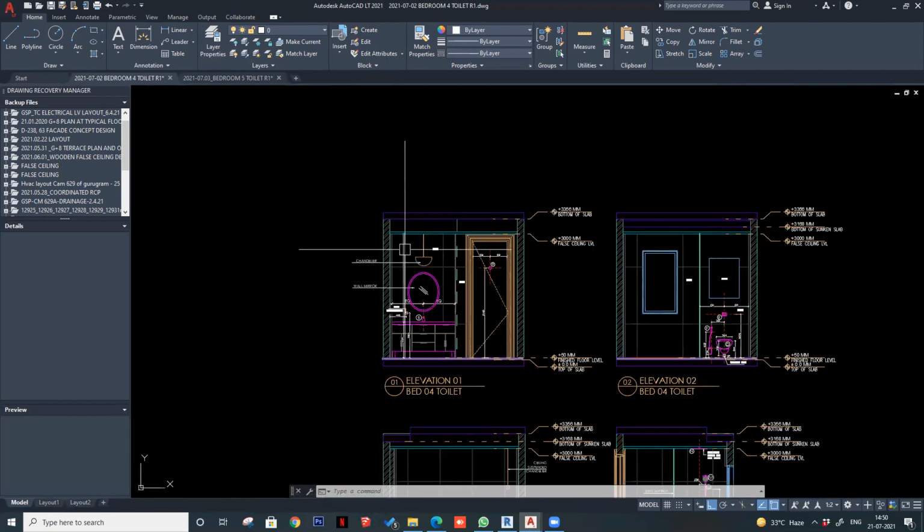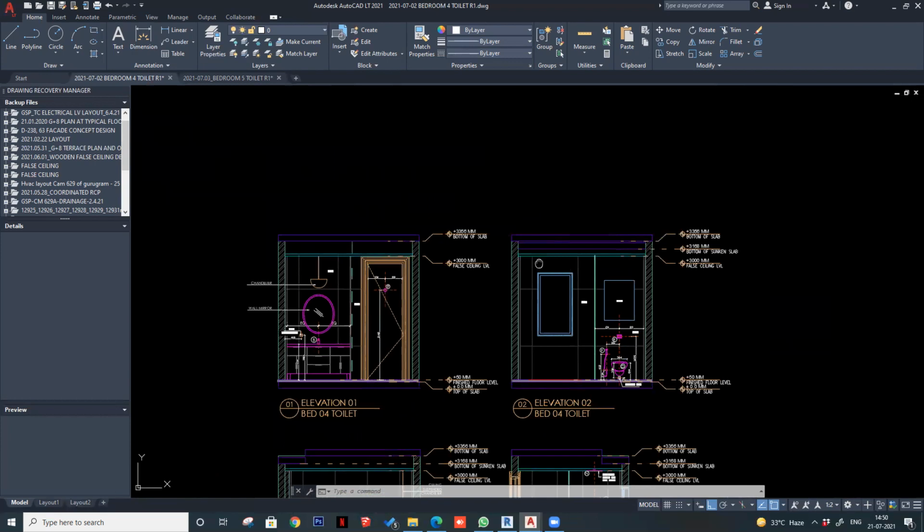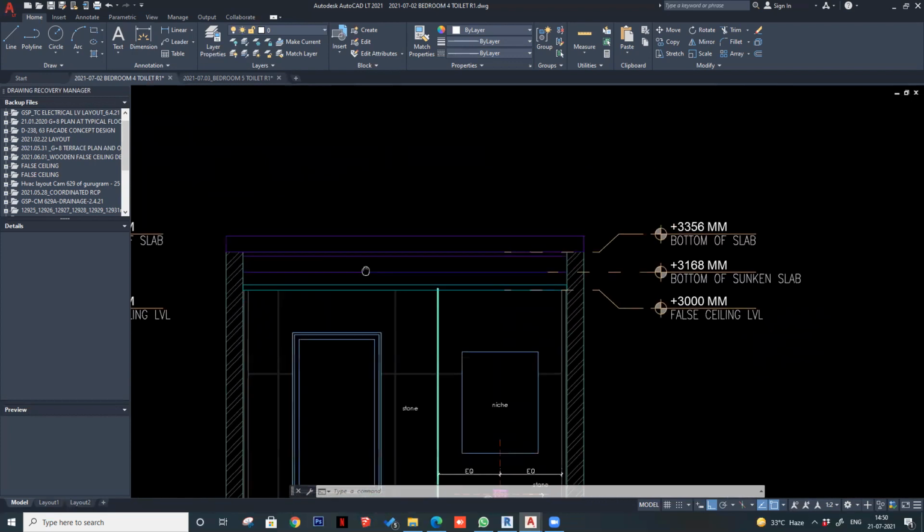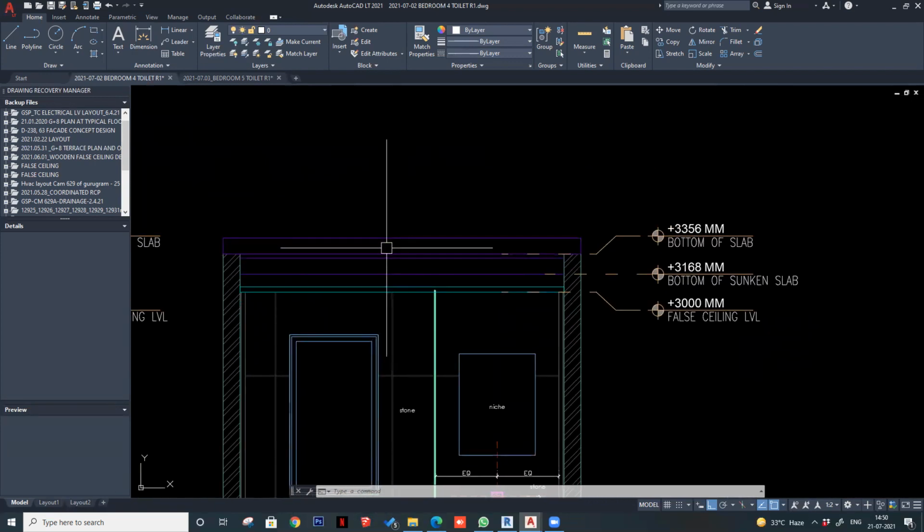Whatever is the sunken, then whatever ducts are going up below the sunken area, and then only you'll be able to achieve your false ceiling level. For example, here, this is your non-sunken slab, which is running in the entire house. This is the sunken for this particular toilet. If you have any HVAC ducts running here, then you'll have to take more margin for that. Then if you have lights, do you guys know what is the minimum you require for these things?